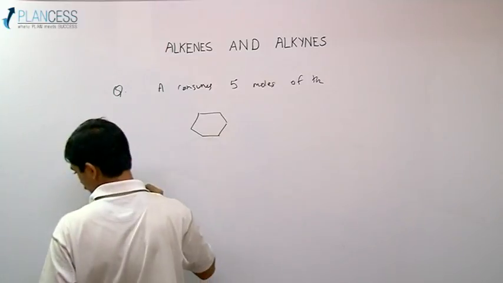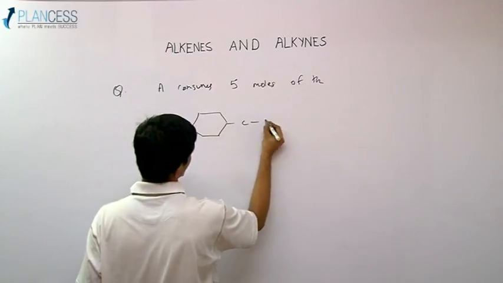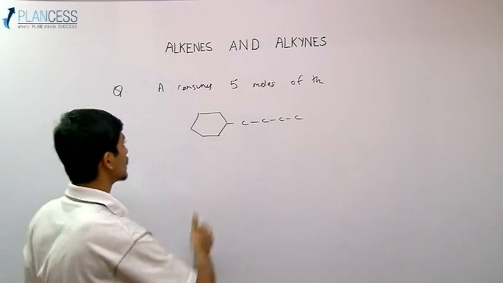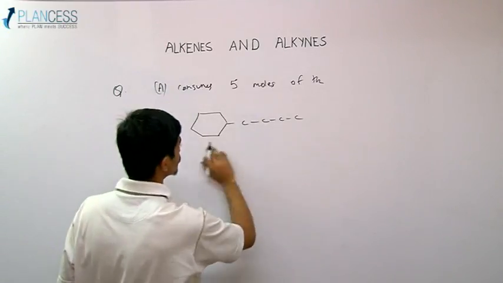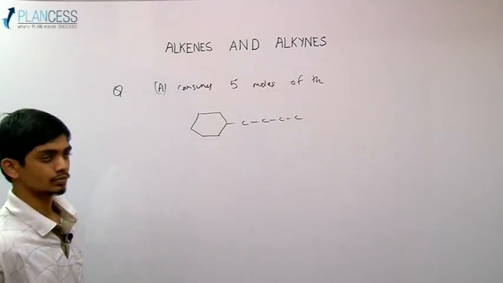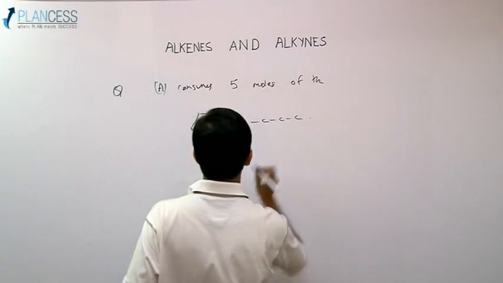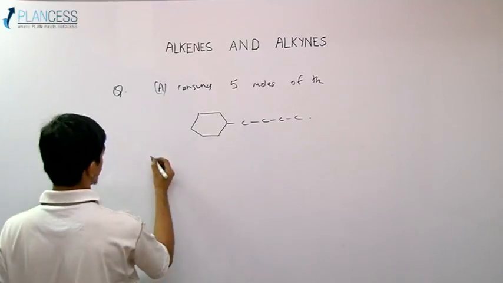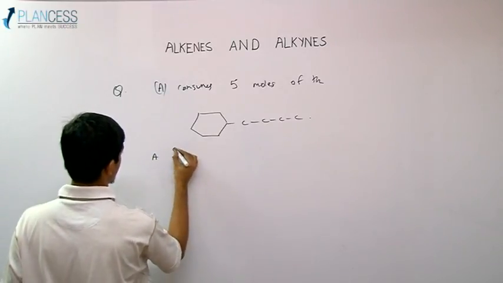We have a ring and we have a butyl group. Fine. A compound A consumes 5 moles of hydrogen to give us this kind of a compound, and further information is given about that compound, which says that on ozonolysis A gives